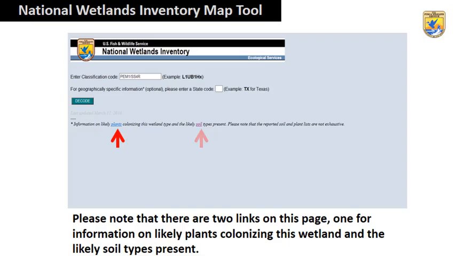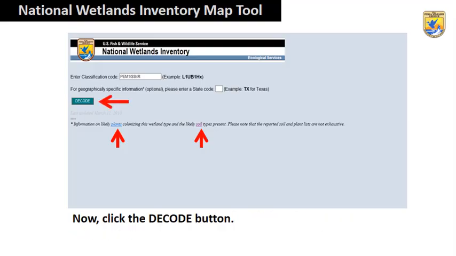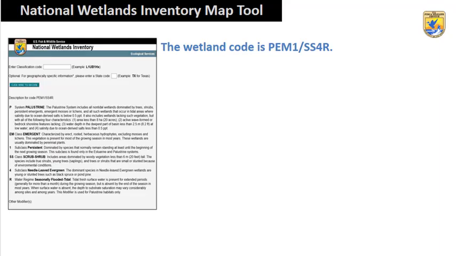Please note that there are two links on this page, one for information on likely plants colonizing this wetland, and the likely soil types present. Also note that the reported soil and plant lists are not exhaustive. Now click the Decode button. This will direct you to a wetland code interpreter page that is unique to this wetland. The wetland code is